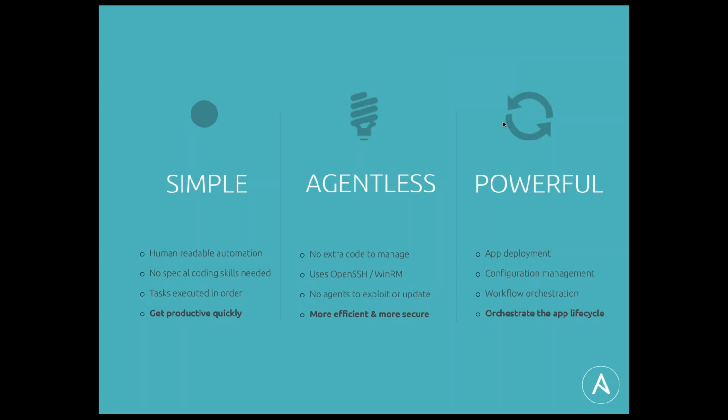And to do orchestration, to be able to, as part of a deployment or update in your data center, talk to all of the elements of the data center as part of that, not just installing software on a host, but also talking to the load balancers and firewalls and switches and cloud services as I've described. We call that orchestration, of being able to take actions on hosts based on the result of an action from another host, doing things like a rolling update, for example, through your environment. All of those sorts of patterns are very easy to accomplish with Ansible because of the push-based architecture outside looking